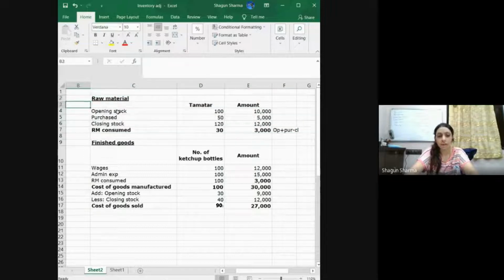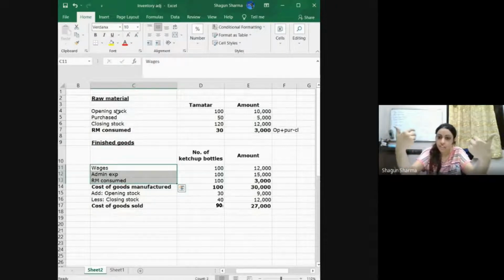Let's move to my finished goods inventory. The WIP inventory also acts exactly like my finished goods, except in my finished goods, all my costs come in, because it's after I have incurred all costs. Till WIP, maybe I have incurred only 2-3 costs out of my total costs. Okay, but the accounting remains exactly the same.